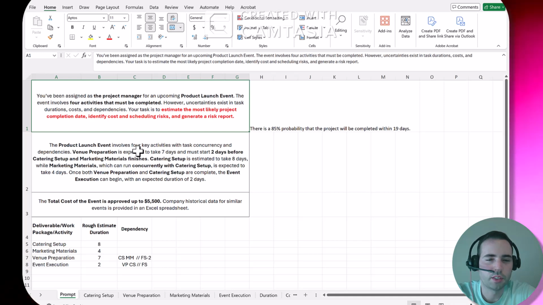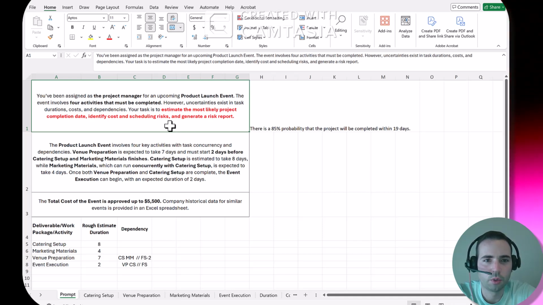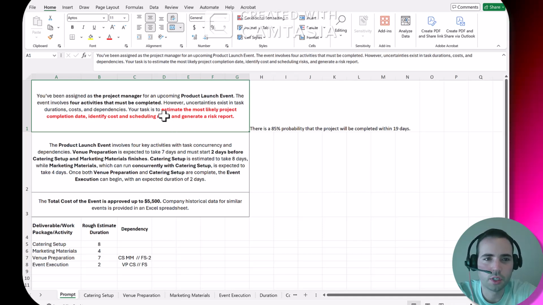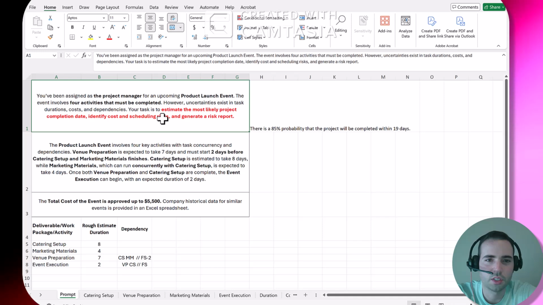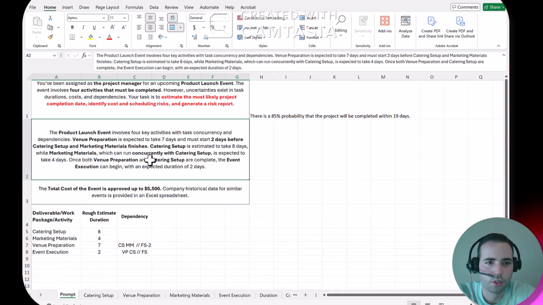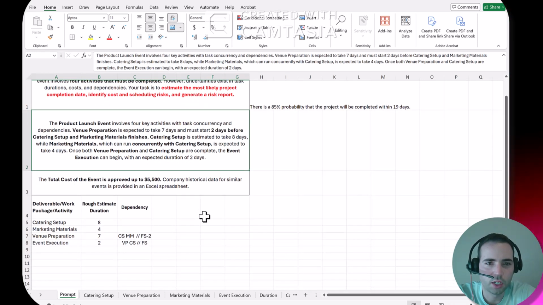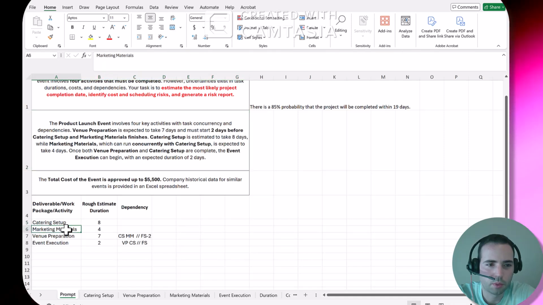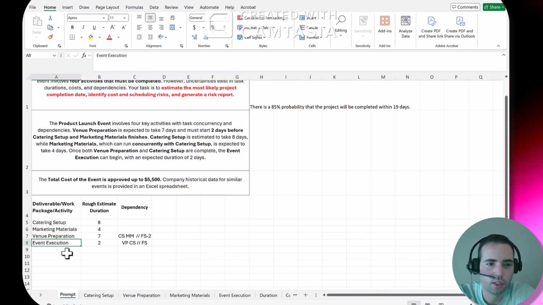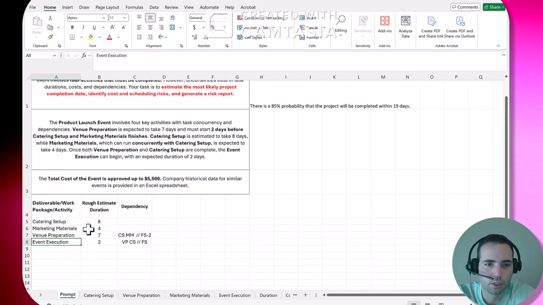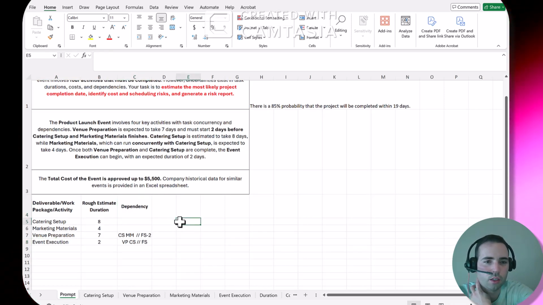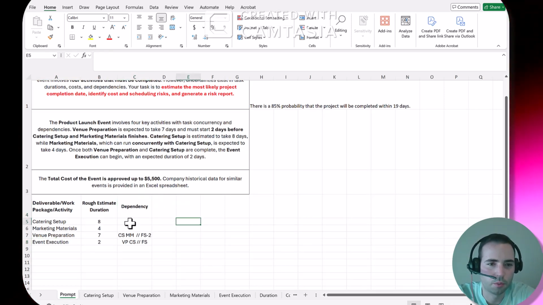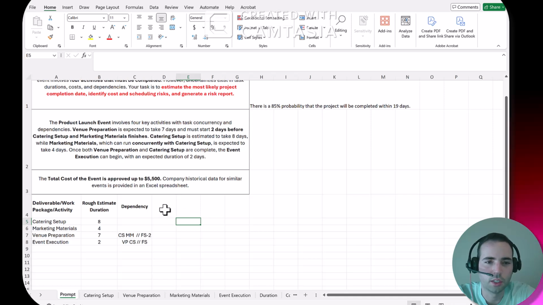So we've been assigned as the project manager, and there's 4 activities that must be completed for a product launch event. We're going to estimate the most likely project completion date, identify costs and scheduling risk, and generate a risk report. So the project launch event involves 4 key activities: catering setup, marketing material, venue preparation, and then event execution. There's a little bit of interdependency and concurrency for this project, which will help us demonstrate the versatility and effectiveness